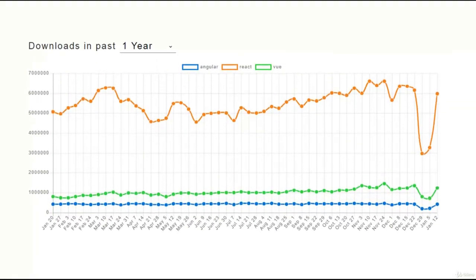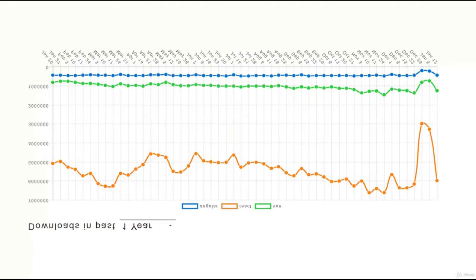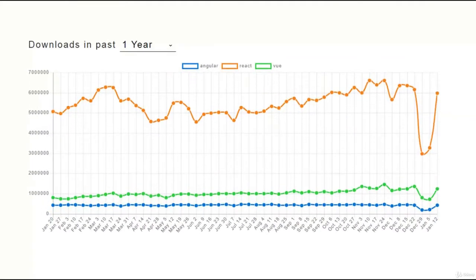React is one of the popular and powerful JavaScript libraries used for developing user interfaces in single page applications. You can see here the React growth has been increasing drastically from the past 1 year. So without any doubt, we can say that React is one of the best choices for developing single page applications.